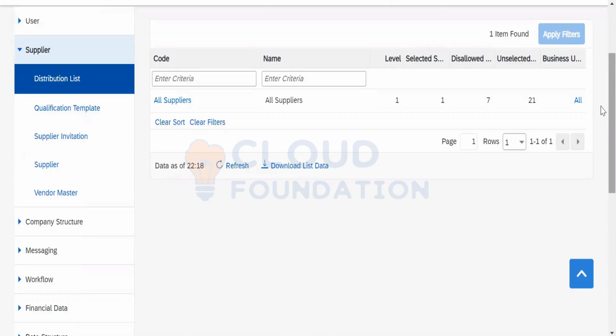Rather, they just get into the supplier stuff. And we have got supplier invitation. We understood the supplier invitation, how it gets into the suppliers and how they register. We understood what a qualification template is, and we got to know the distribution list and its importance.